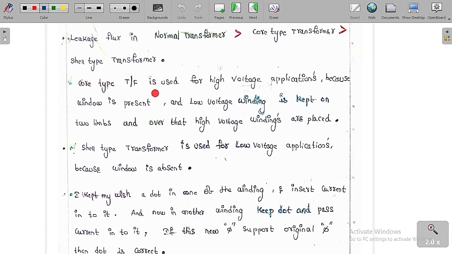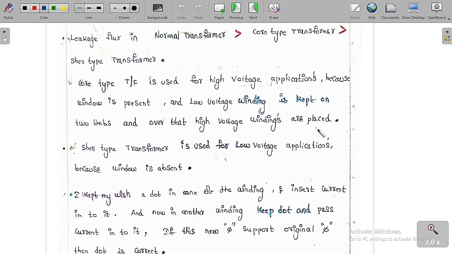The core type transformer is used for high voltage applications. The core type transformer is basically used for high voltage applications because a window is present. You can see clearly a window is present in a core type transformer. Because of that, we use it for high voltage applications, and the low voltage winding is kept on the two limbs, and over that the high voltage winding is placed. See, always in a core type transformer,